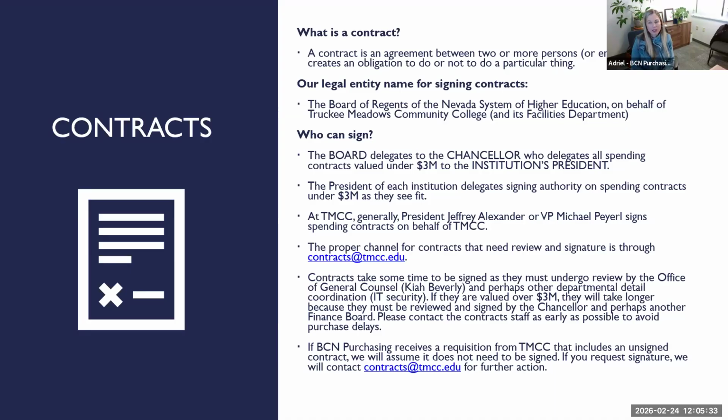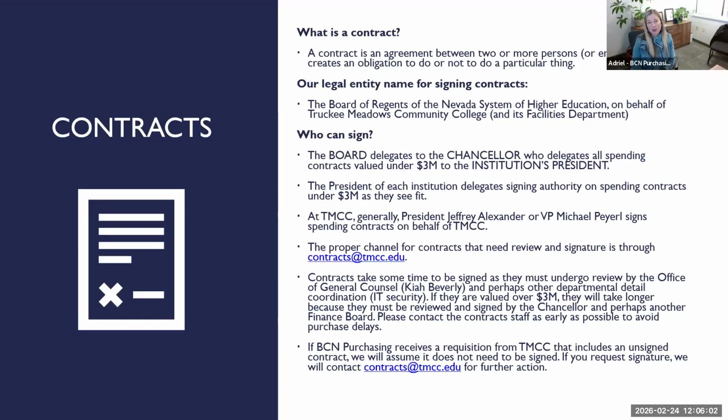If you're purchasing items, you're probably handling more contracts than you realize. It's really any agreement between two or more persons which creates an obligation to do or not do a particular thing. So essentially a quote. You can get a quote and it looks like it's just giving you the amount of money and you're going to pay it. But if you sign it and it has any terms, sometimes there's a back page or just a few little lines that say terms and conditions of this quote,